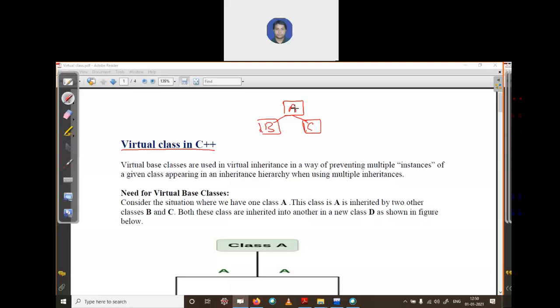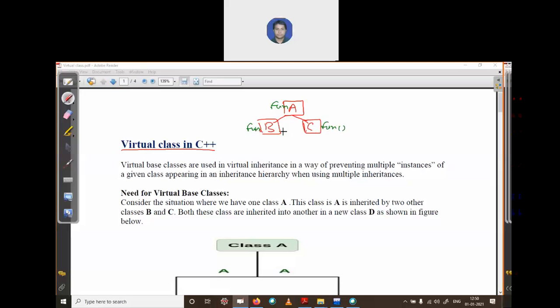So whatever function or data A has, consider there is a function named fun declared under class A. When you create two subclasses of class A, this function is available for B as well as for C. So B has its copy and C has its copy.